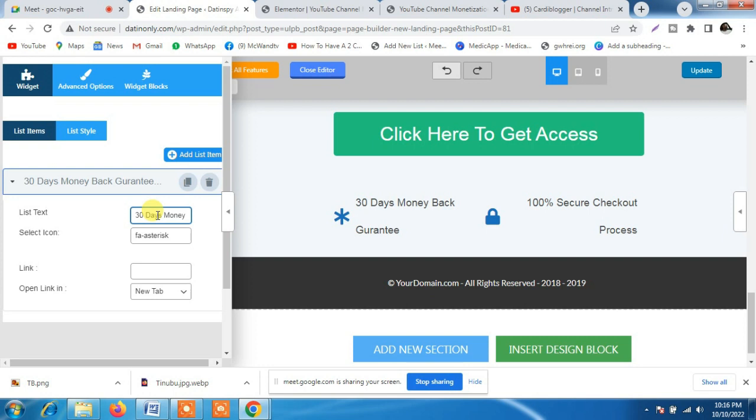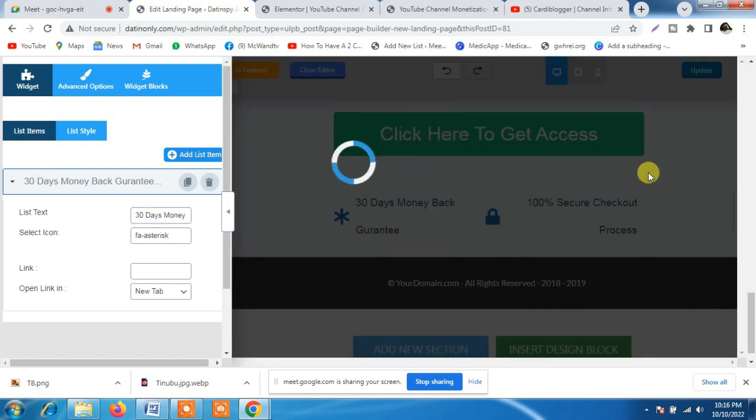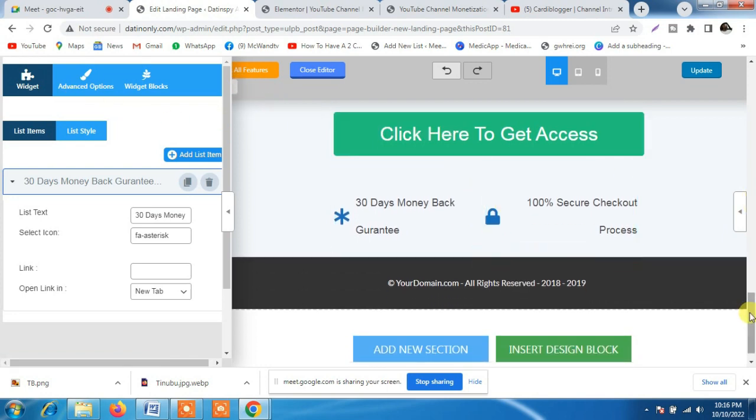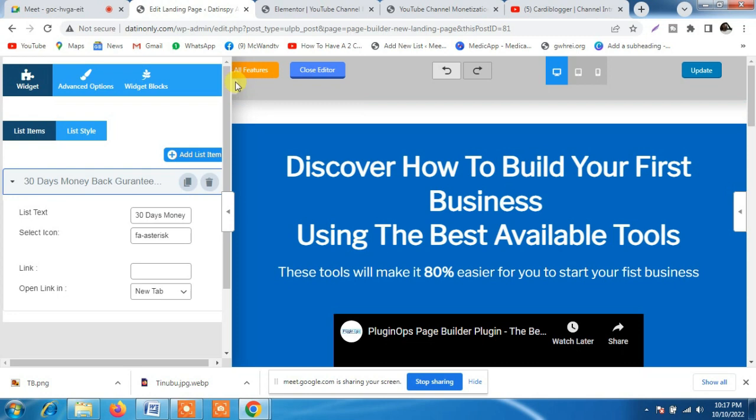You just have to edit everything, and then when you are done, you update your stuff and you close. So this is a great way of having a landing page in a simple click, instead of always going to